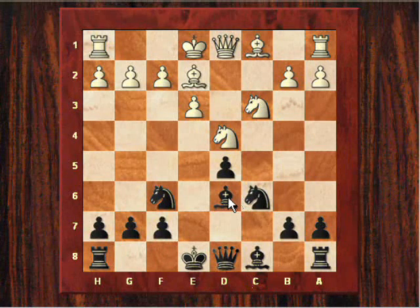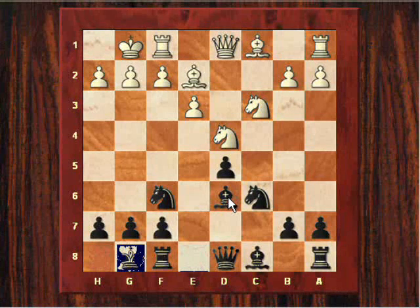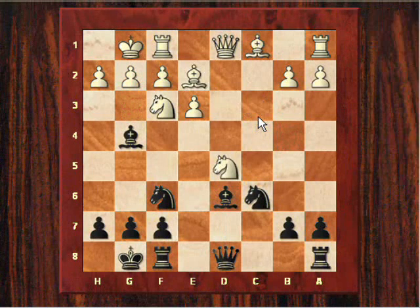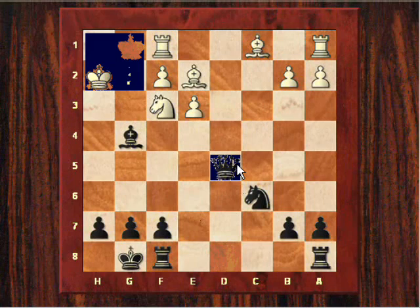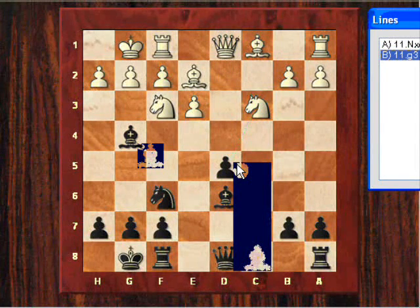So here, the bishop goes behind the isolated pawn for the moment, and after Knight f3, white's not really threatening to take that pawn. He plays bishop g4 because if white had taken that pawn, let's have a quick look now. He played g3 here, but if knight takes d5, we have knight takes d5, queen takes d5, bishop takes h2 check, winning the queen. So the pawn can't be taken at the moment, so Fischer played bishop g4, and after